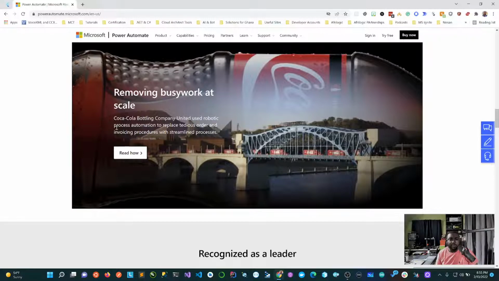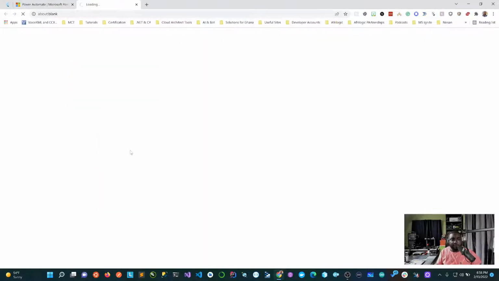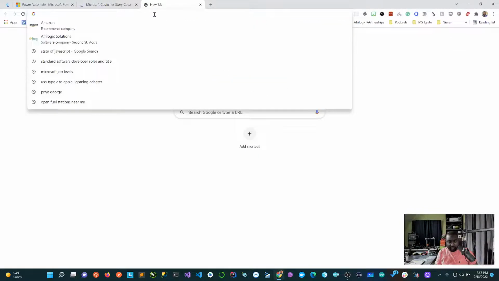So, Coca-Cola Bottling Company US used robotic process automation. Robotic process automation is a process where technically repetitive tasks, or things you want to automate in your business process, are done. You can have attended and unattended mode, where unattended means the process runs automatically without any user intervention. There are other processes that require you to provide some input or do some work as part of the steps. So we're going to see that. Let's see how Microsoft used it. And to actually get there, let me do this.